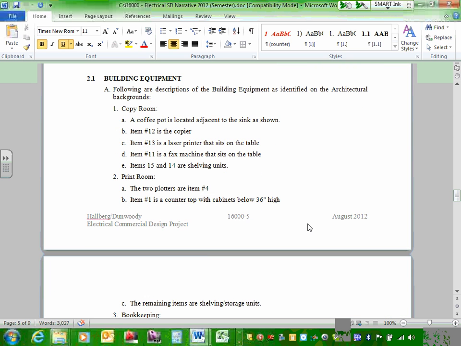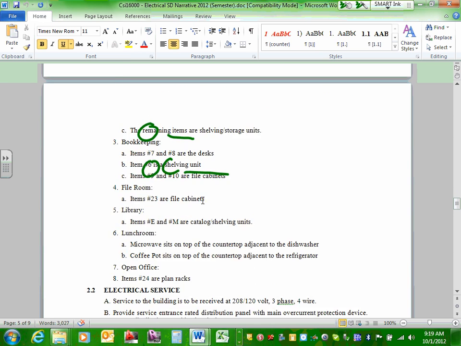Building equipment. You're going to see, guys, when I show you a couple of CAD drawings in a second, that there are items in there. Every time you see item number 12, it is actually a copier. So what does that indicate to you if it's a copier? You need a dedicated circuit for that equipment. Okay, if you see item number 15 and 14, what are they? Shelving units. Do I need to care about receptacles for shelving units? No. So it makes a lot of sense when we look at the blueprint